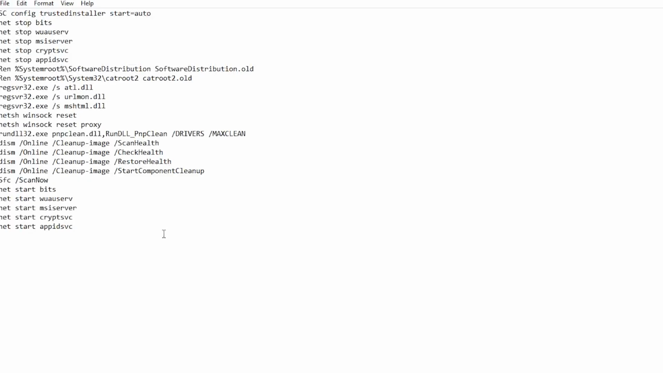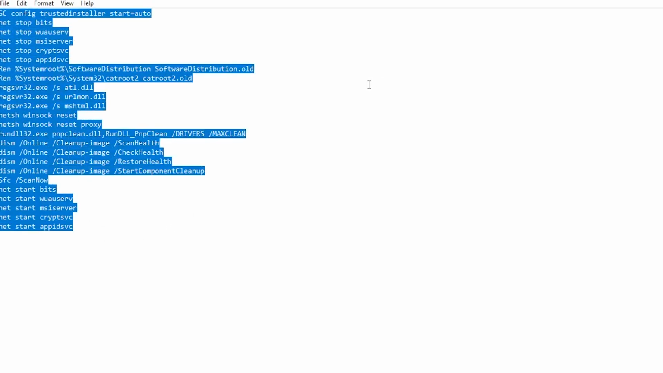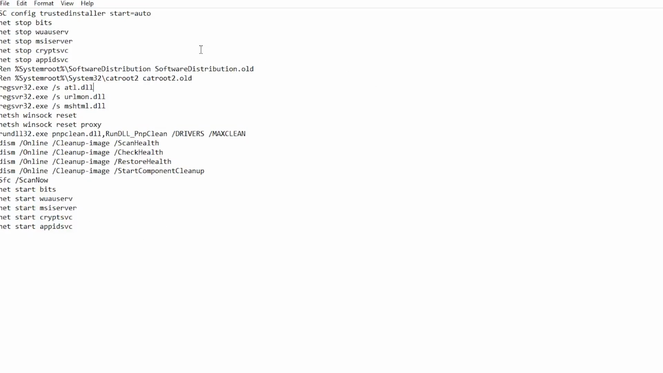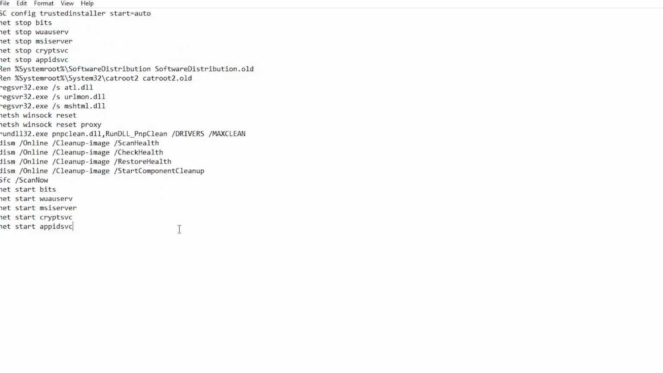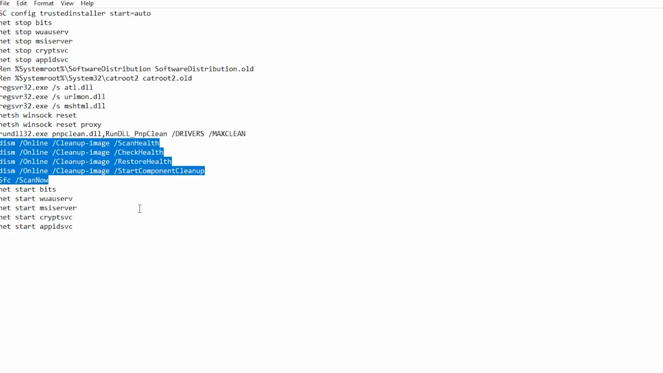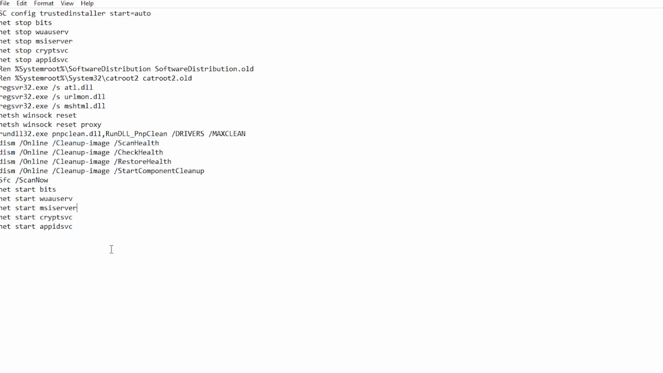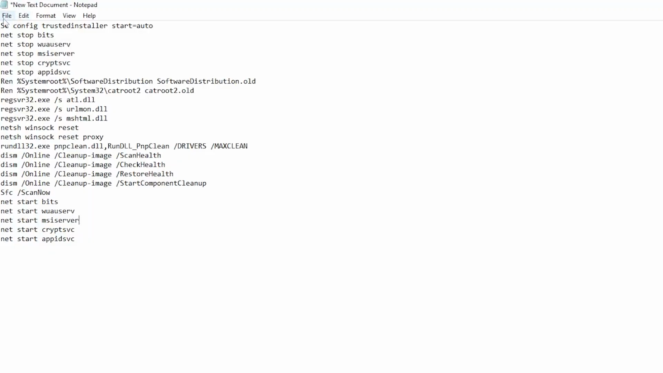These are important system commands that will stop and restart essential Windows update services and reset corrupted components. These commands stop Windows Update services, clear and rename folders that store update files, reset network settings, re-register important system files, and use built-in tools like DISM and SFC to scan and repair corrupted system files. This process refreshes Windows Update components and restores them to a working state so your system can download and install updates again without errors. After pasting these commands, go to the top left of the document, click on File, and